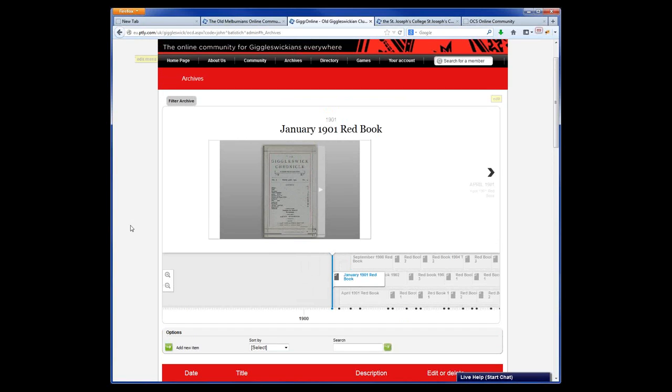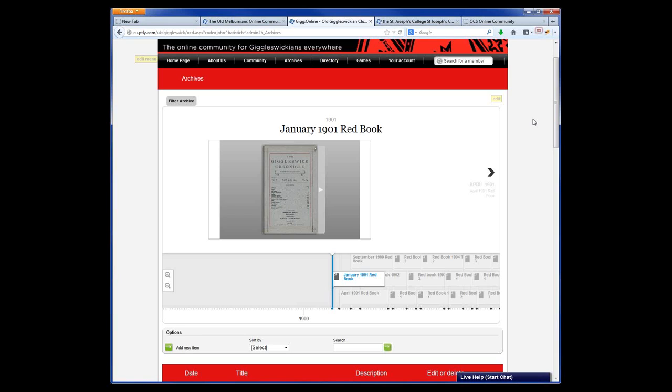What we're having a look at today is the archives module. The idea here is that it's a front-facing display for the archives of any one particular school, but what we're saying to our clients is that the archives that any school is going to hold is only a fraction of the potential archives that any school might have, and it's the archives that the alumni actually contain that you're after. So what we're trying to do is not only display the archives that you have, but also reach out